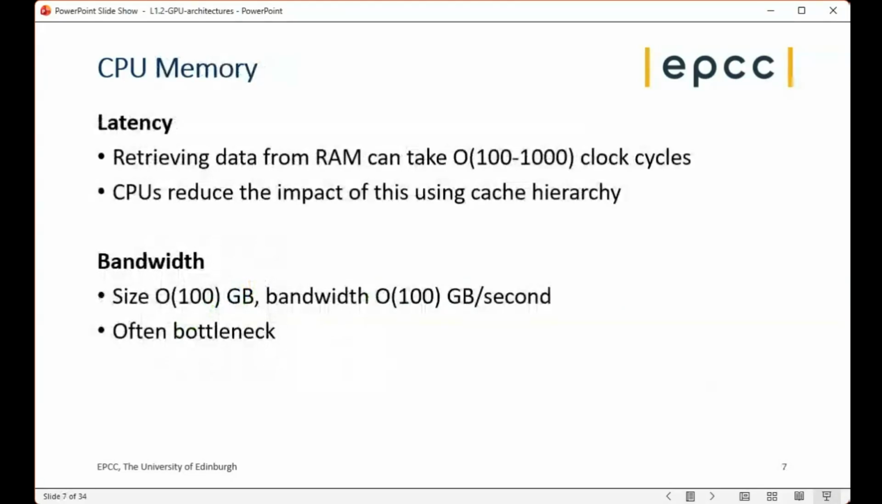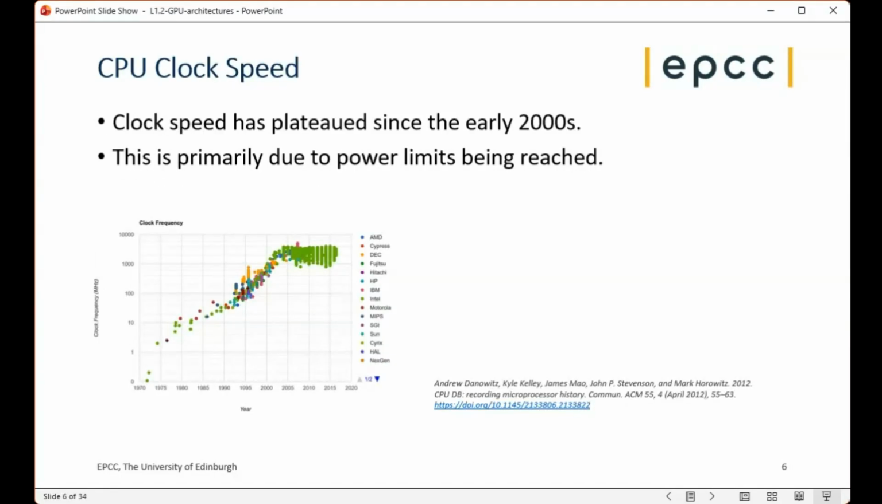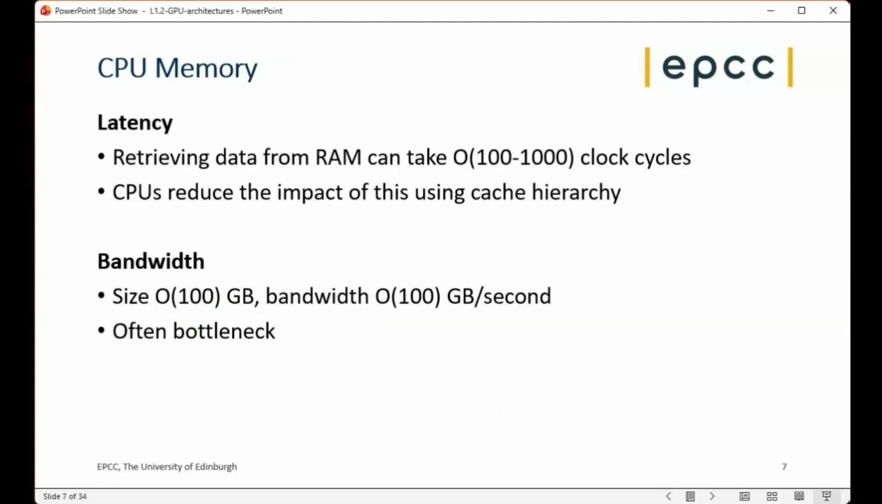What about CPU memory? Well, retrieving data from RAM can take 100 or 1,000 clock cycles. It's important to realize that although the clock frequency has ramped up exponentially, memory performance, the latency, has lagged behind. There's an increasingly bigger gap between the rate at which you can issue instructions on the CPU side and the rate at which the RAM and memory can deliver data. And so data from RAM can take hundreds or thousands of clock cycles